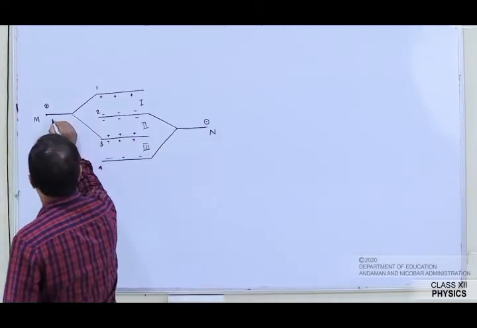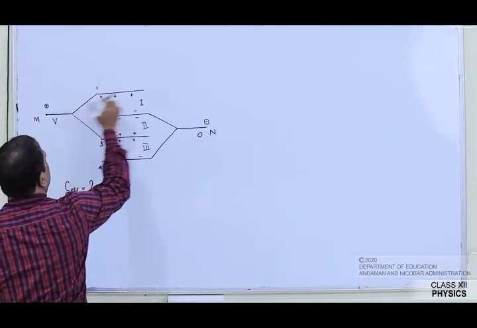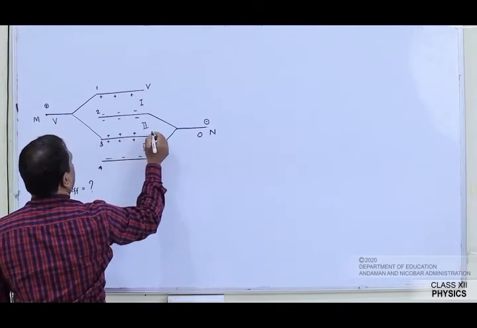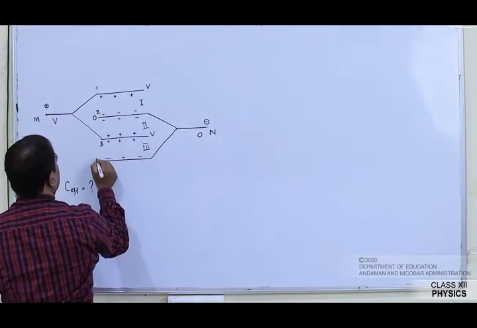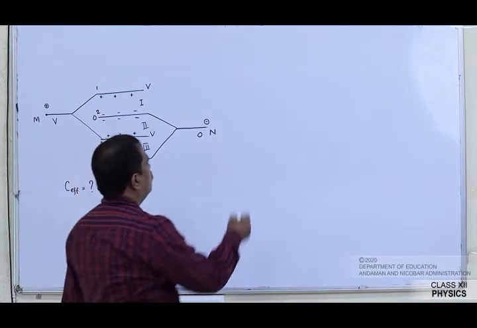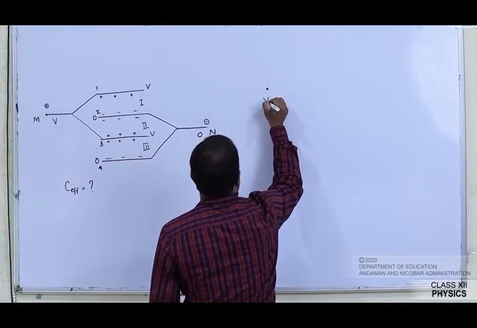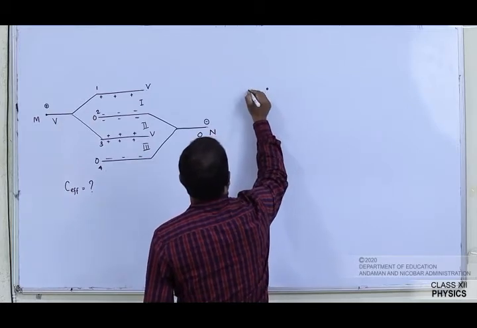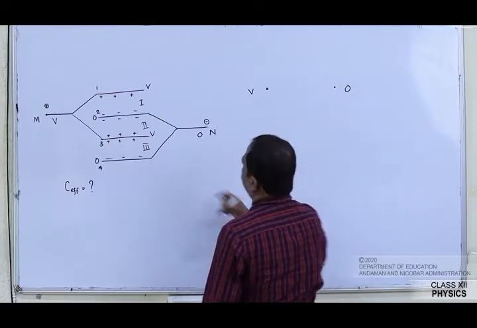So let me say that here potential is V, here potential is 0. So if this is V, this will have potential V, and here this will have potential V, and here the potential is 0, here the potential is 0. So therefore, I am going to have V, say here V, and here it is 0. First capacitor,